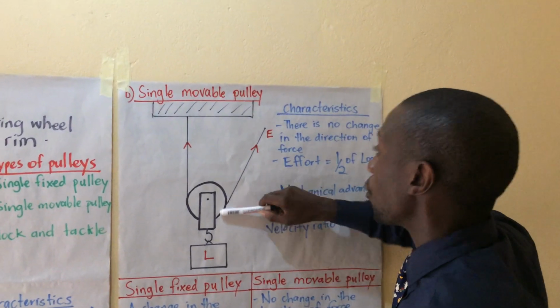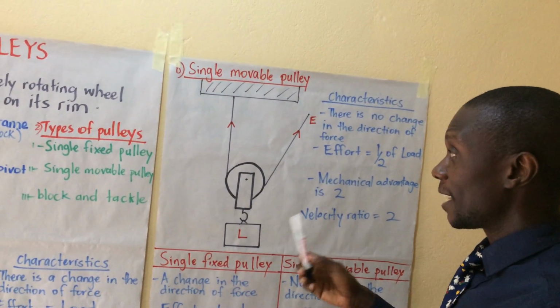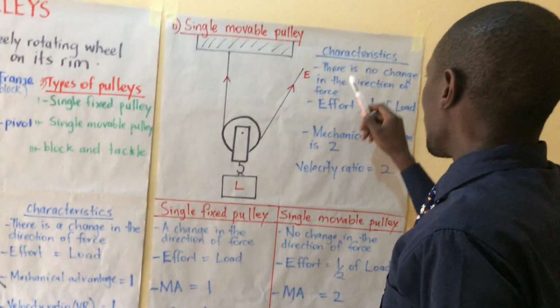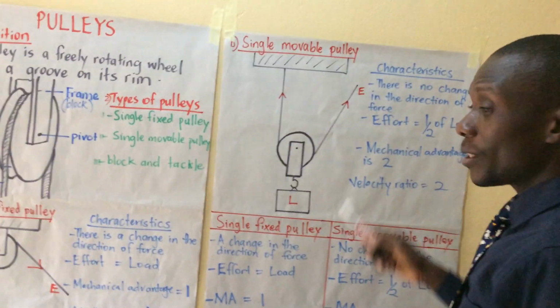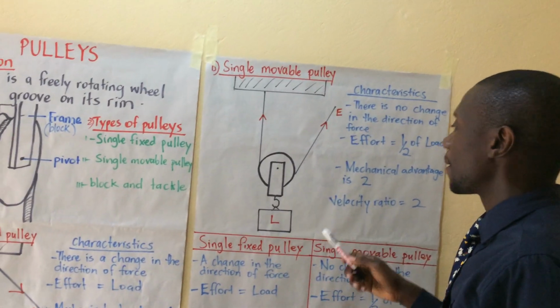The load is moving up, you're also pulling upwards. The arrows are very important because one day they can tell you to complete the diagram using the arrows. There is no change in the direction of force, which makes it inconvenient to use. It's not very convenient to use this one. Then,